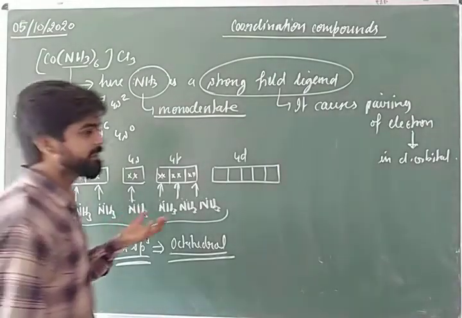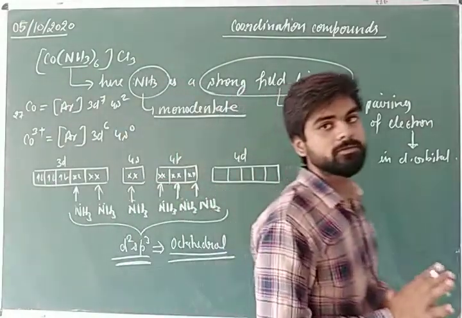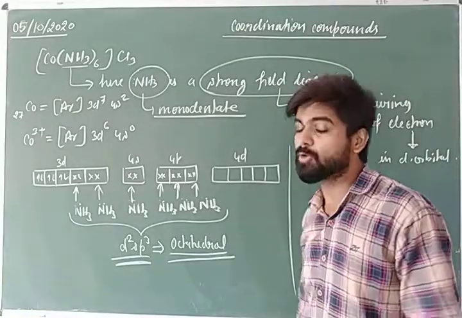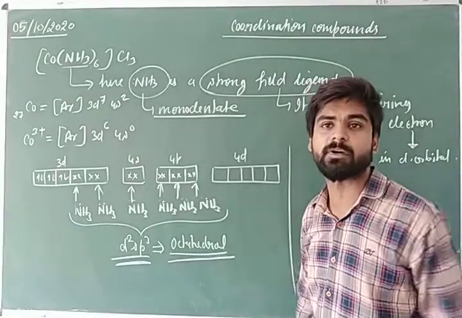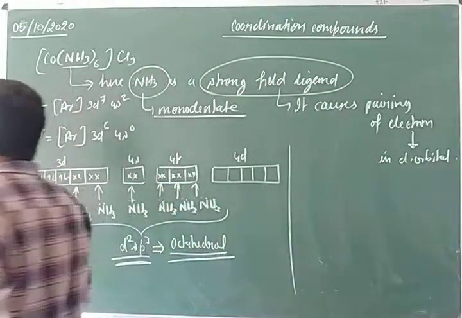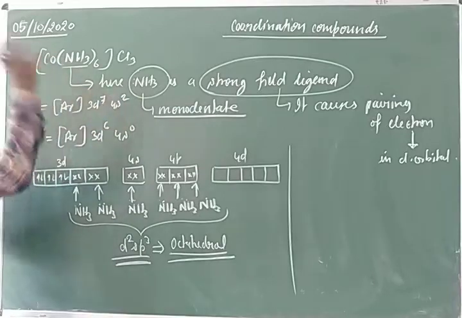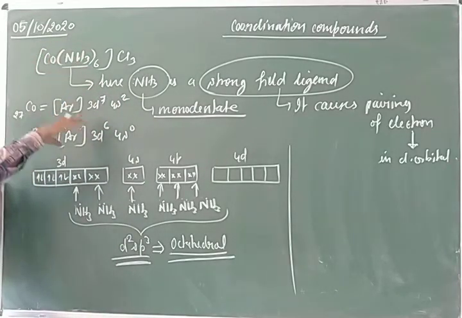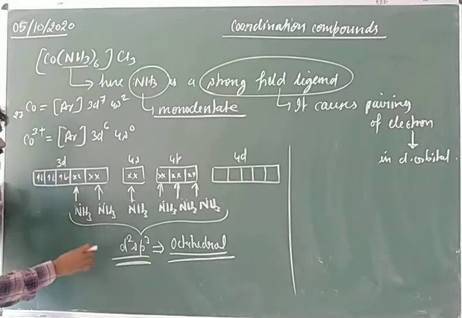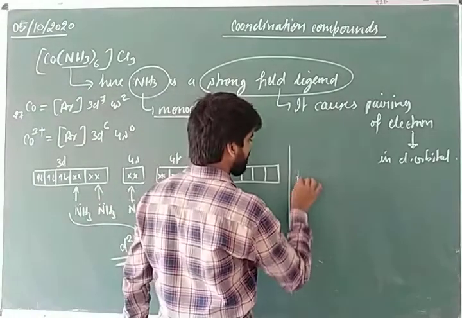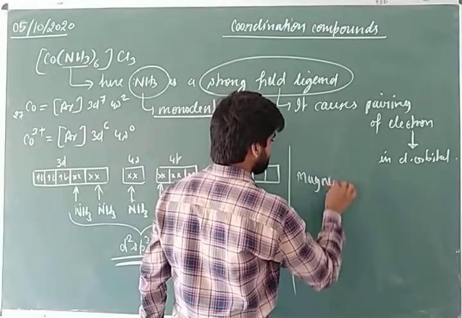As you can see here, there is no unpaired electron, and we know that unpaired electrons are responsible for the conduction of electricity or heat. So you can say that this complex does not have any unpaired electron. That means its magnetism is